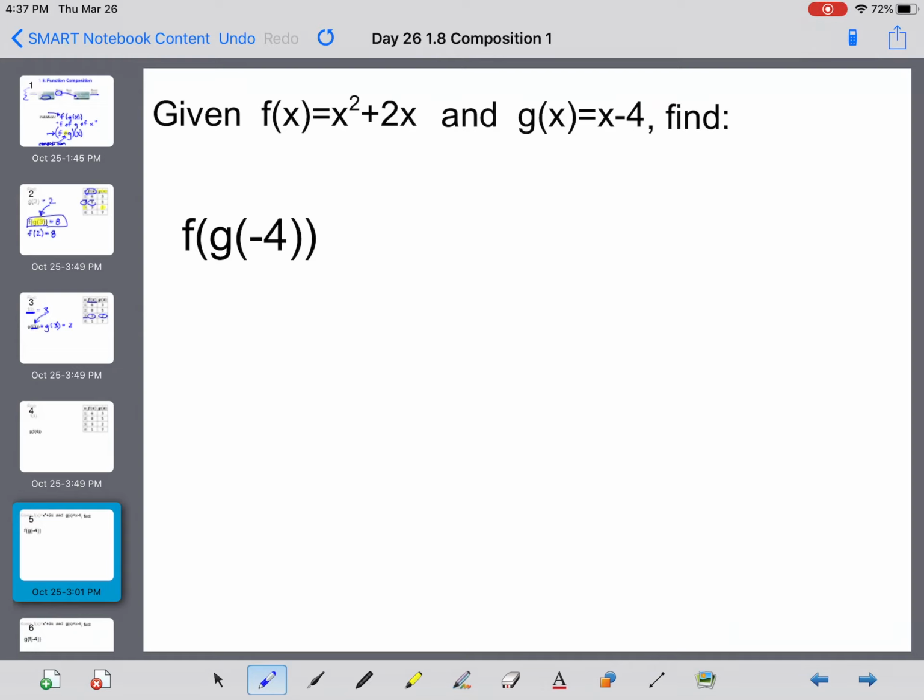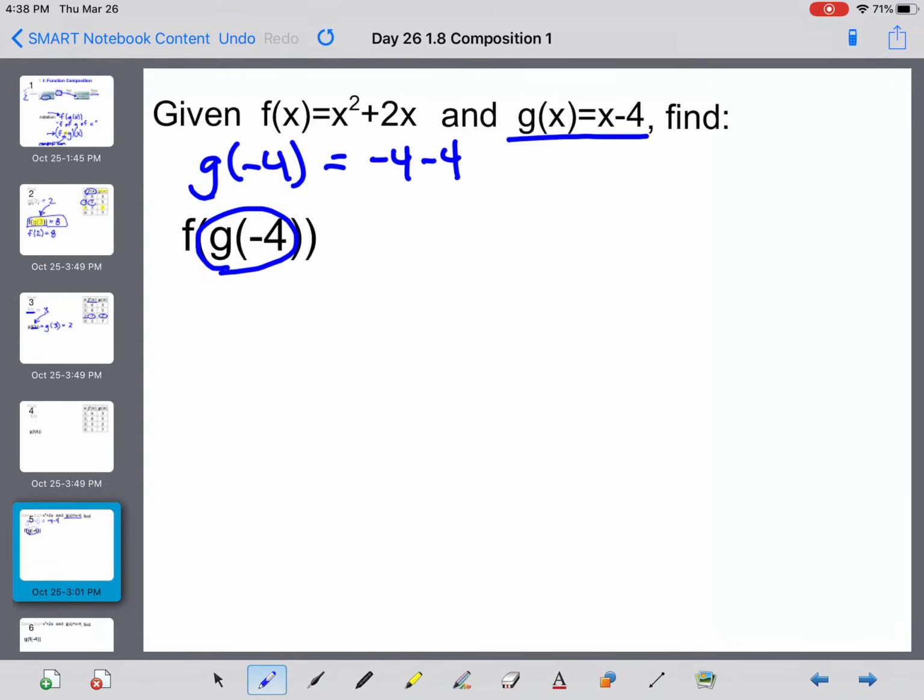Let's look at this with an actual example. We've got a quadratic function for f, and we have a linear function for g. So let's determine what f of g of negative 4 is going to be. This inside piece is what I'm going to find first. So my scratch work off to the side is going to be to determine what g of negative 4 is. That g right there tells me what function to go to. If that's a g, I'm going to go to function g, and wherever there's an x, I'm going to plug